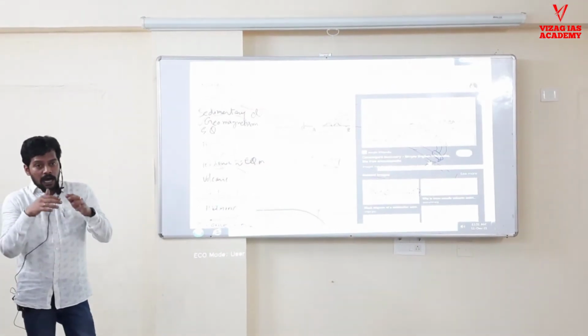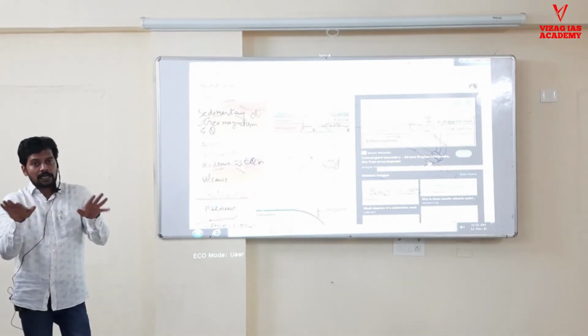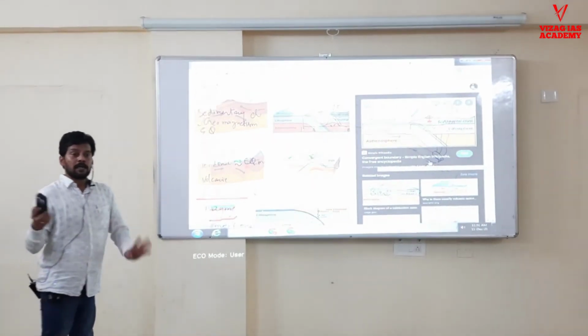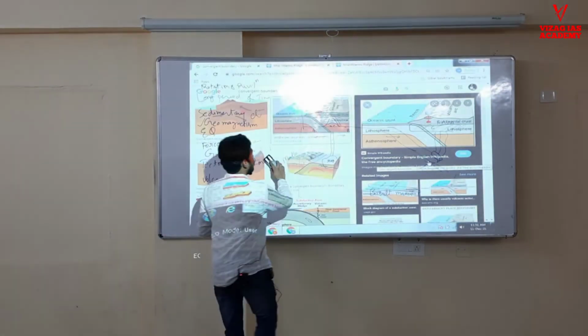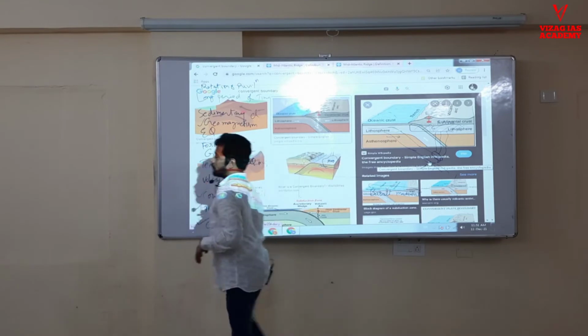It was earlier inside the earth. The surrounding material, because of erosion, all that material is gone. This one is less erodible, that's why it is appearing as it is.